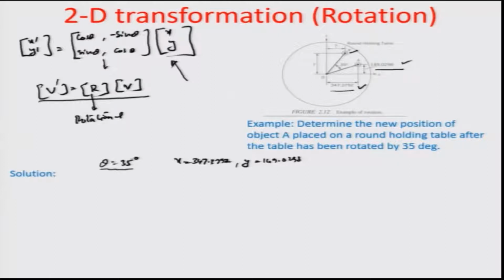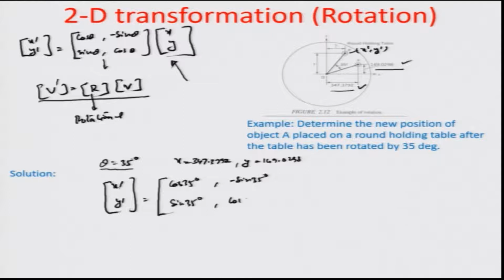So, when we talk about finding out the location coordinates x dash y dash, which is the point A dash in space after the rotation has been executed, the matrix x dash y dash comes out to be equal to cos of 35 degrees, minus sine of 35 degrees, sine of 35 degrees, cos of 35 degrees, times these two x and y coordinates,